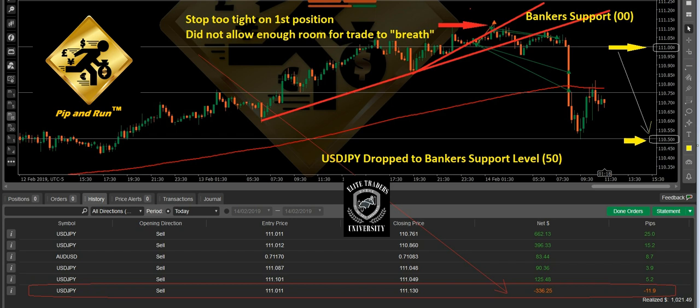price. In this case, I was looking at the dollar yen last night and early this morning, and I was looking at how price was making higher highs and higher lows into this 111.00 area. The bankers levels end in 00, 25, 50, and 75. So 110.75 is a banker's level, and I have the indicator on cTrader which draws these white lines,